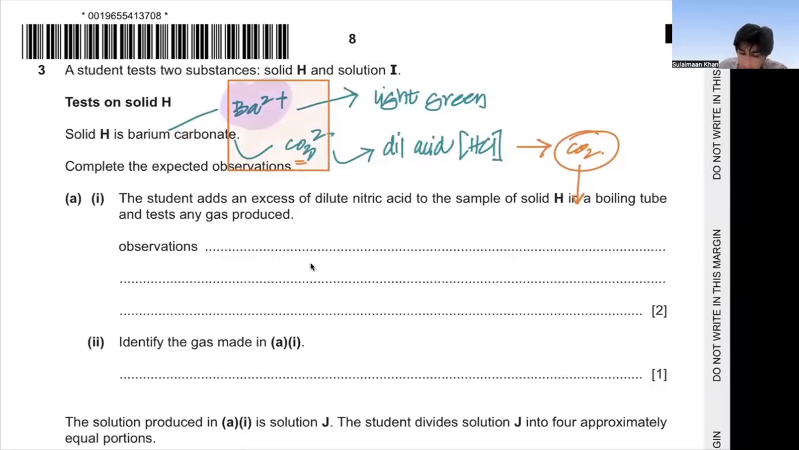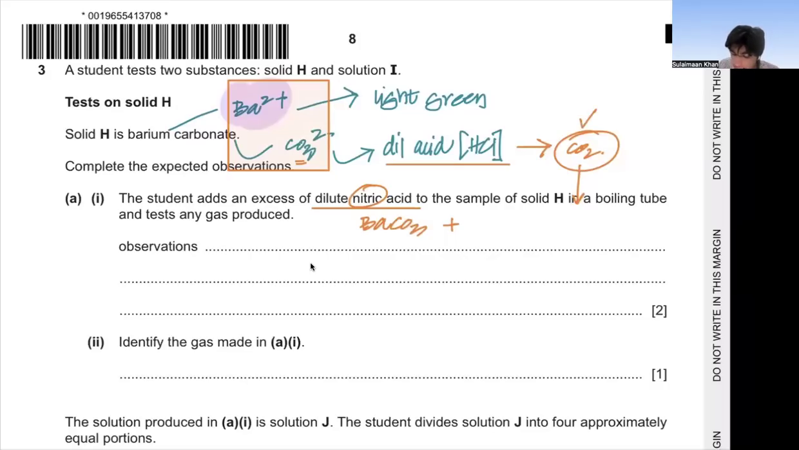Do I know that this is barium carbonate? And if I add dilute acid to it, which acid is the student adding? He's saying the student adds excess dilute nitric acid. You need to be able to write equations that you've studied in acids, bases, and salts. So I know that if I take a metal carbonate, barium carbonate, and I add dilute nitric acid to it,